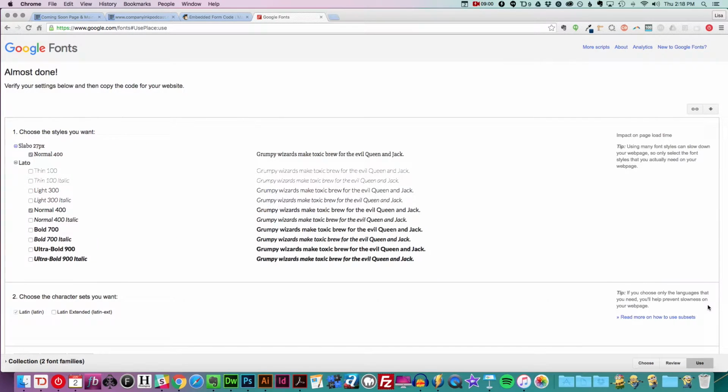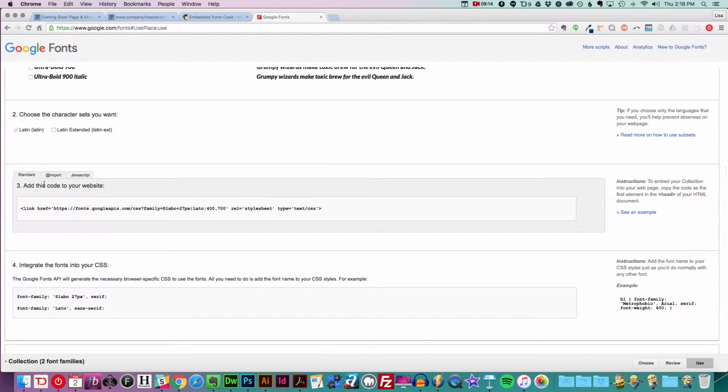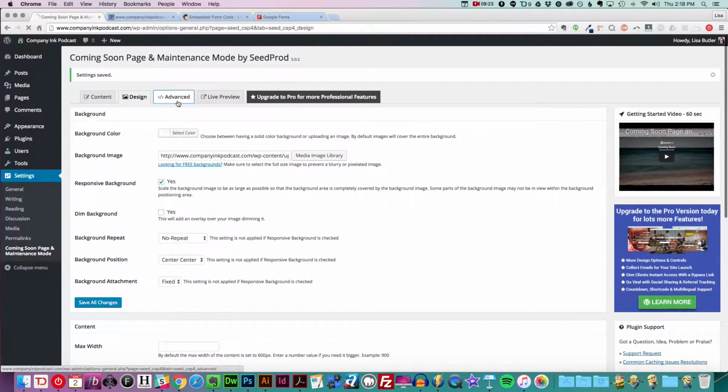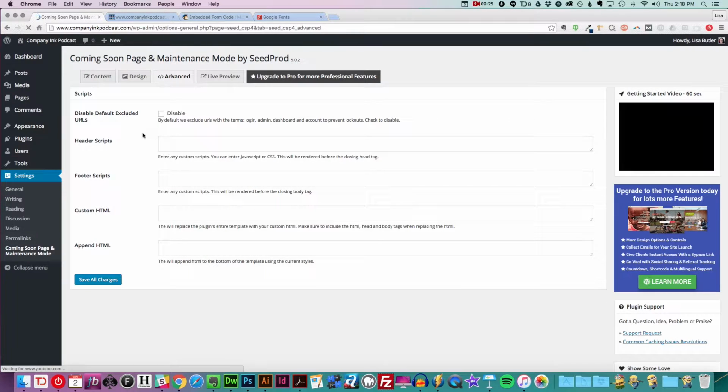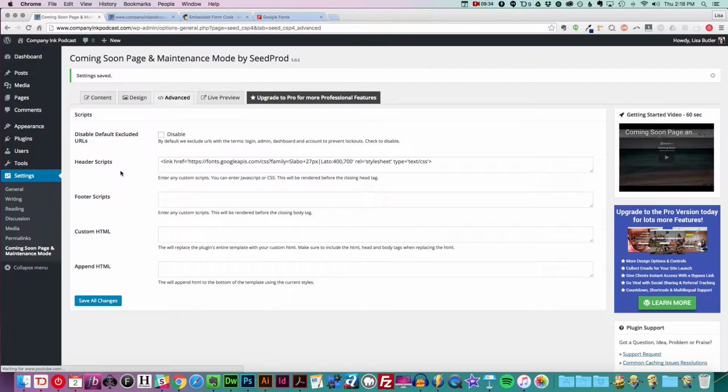I'm going to go over to use. And I want to select any different weights. So I'm going to go ahead and use the bold of Lato. I don't think I want any of the others, so we're good there. So we want to add this code to our website. So we copy that, and we're going to go back to our Coming Soon page and go to the Advanced tab. And then we can add this to our header scripts and save changes. So that's going to help us pull Google Fonts into our page,